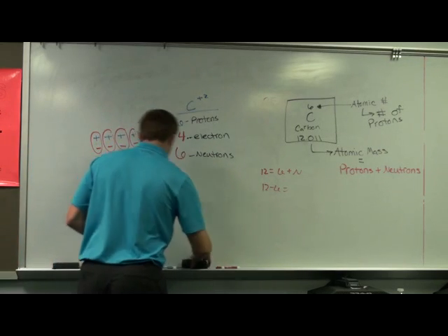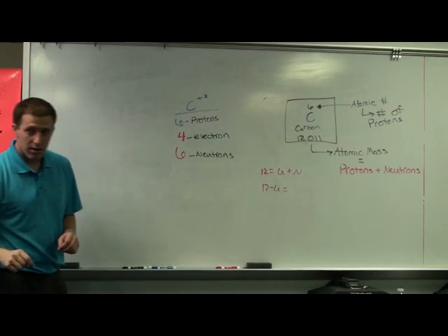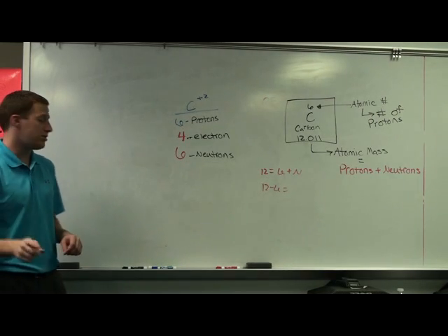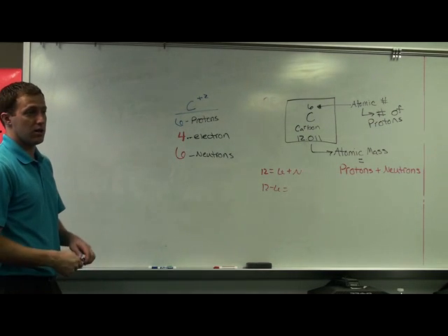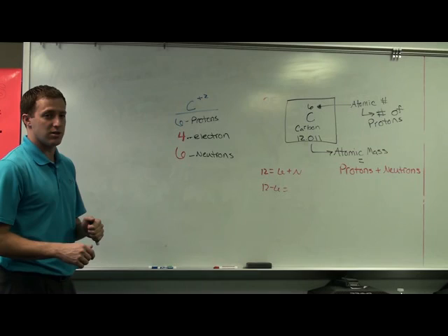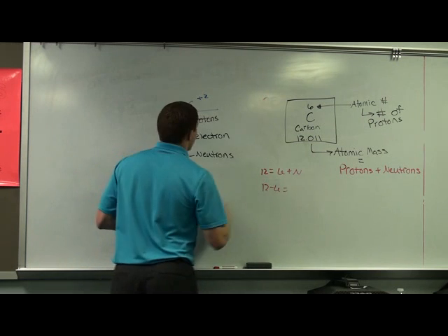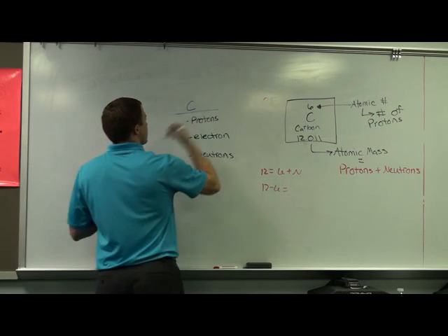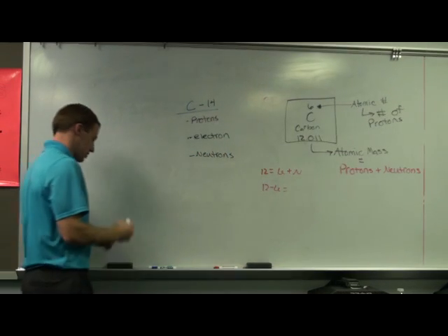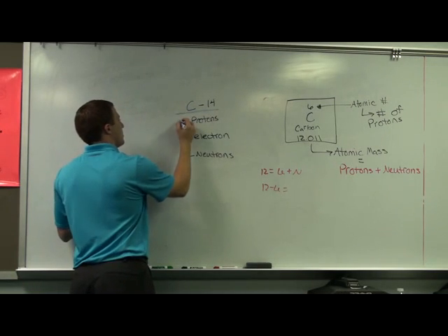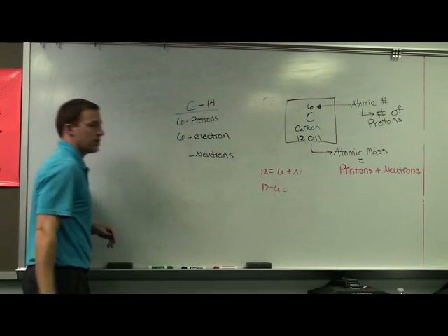Okay? Now, the other thing they can change, what's it called if you change the electrons? It's called an ion. Ion means you changed what? Electrons. What is it if you change the neutrons? Isotope. So now we're going to make an isotope of carbon. Okay? And we want to make one with a mass number of 14. How many protons does it have to have? 6. If it's still just neutral, how many electrons? 6. Okay, so now we're changing the neutrons.